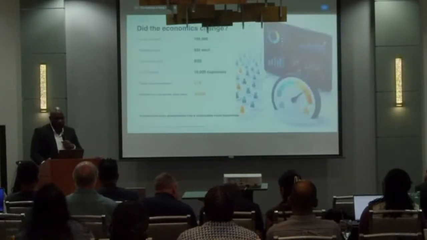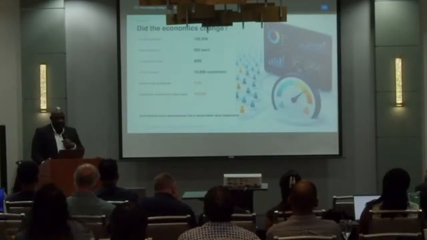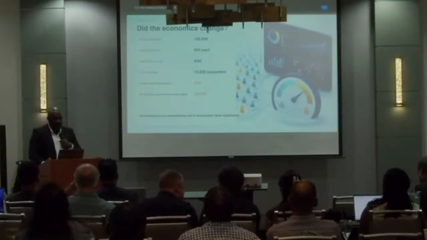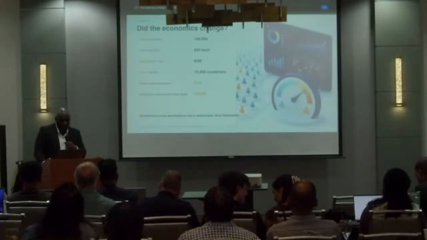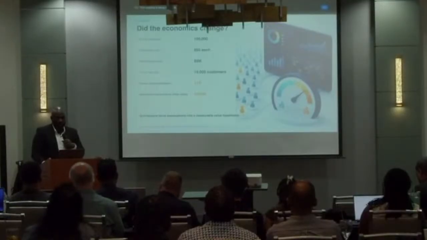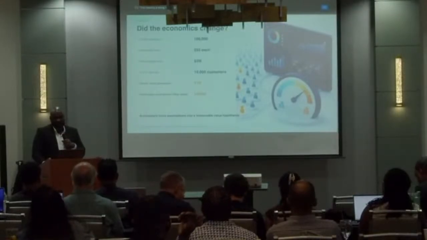So did the economics change for Charles's case? Customer at risk was $100,000. Intervention cost $50 each. The total program cost $5 million. If 10% got retained and we have 10,000 customers, future value preserved is $1 billion. Illustrative value before other costs is maybe $995 million because we also add operational cost and cost of tokens to this business case. So architecture assumptions are now changed into a measurable value hypothesis for the business to realize the value of AI.